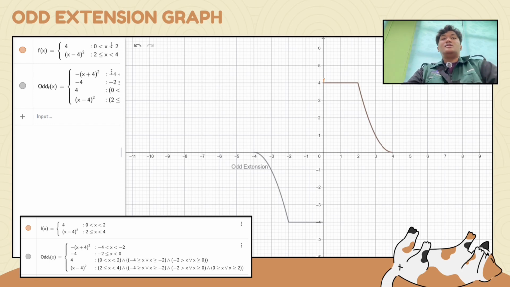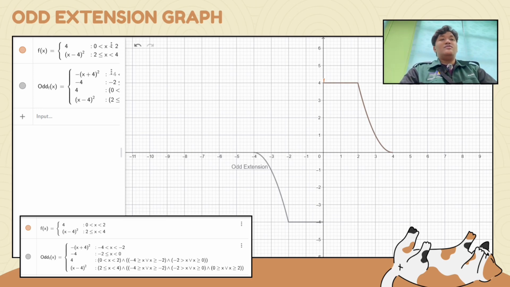So for the graph, the left side is from -4 to 0, a parabolic curve started at (-4, 0) that curved downward to (-2, -4), followed by the flat horizontal line at y equal to -4 from x equal to -2 to x equal to 0. For the right side, from 0 to 4, a flat horizontal line